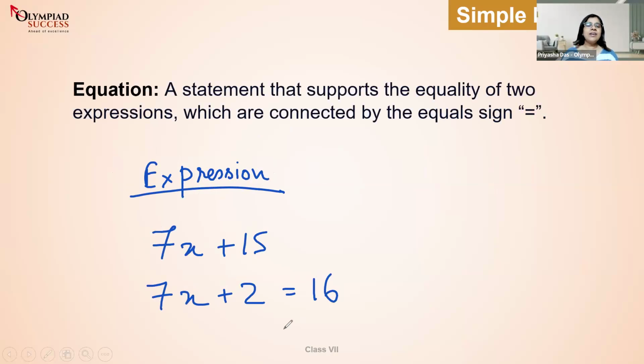Now, can you tell me which one is an expression and which one is an equation? A is an expression or an equation. B is an expression or an equation. I'll be waiting for your answers.